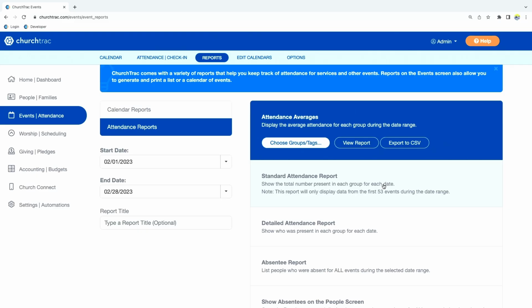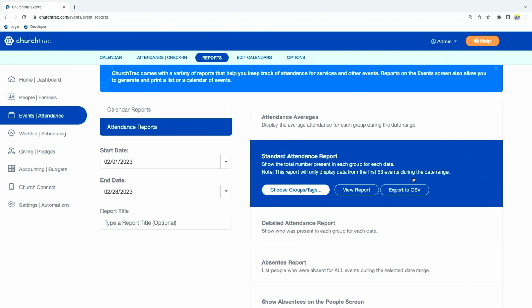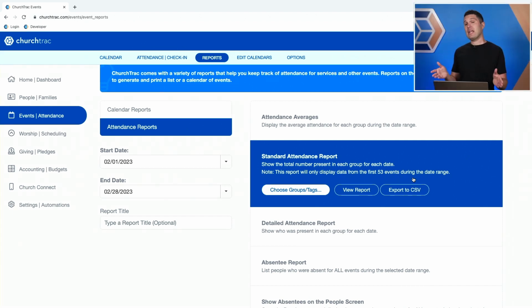Yeah, Roger, I agree. The out-of-the-box reports that are built into the software do pretty much everything that most ministries need. And one thing I do want to point out, because you made me think about this, Roger, is that in situations where maybe you want to export a report out to Excel, or take two reports and combine them into one, you can just export to CSV. Just an FYI, many of the reports in ChurchTrac, not all, but many, are exportable to CSV